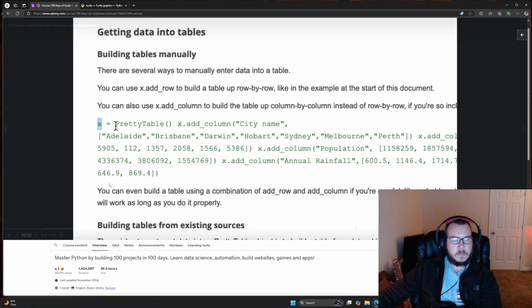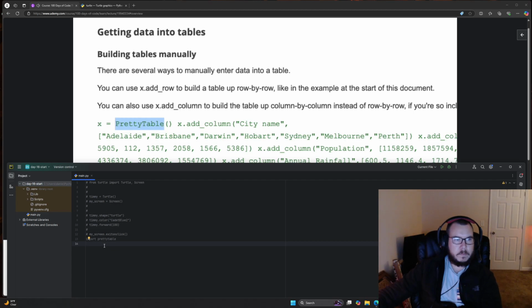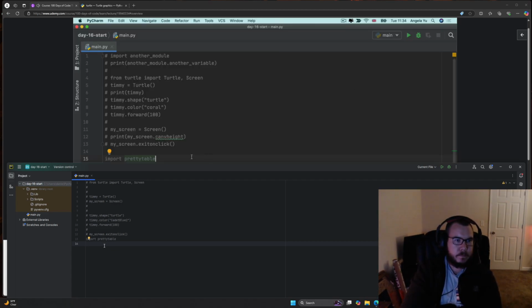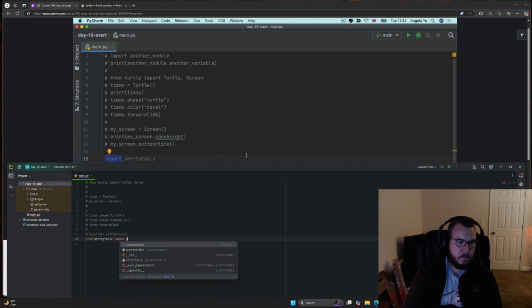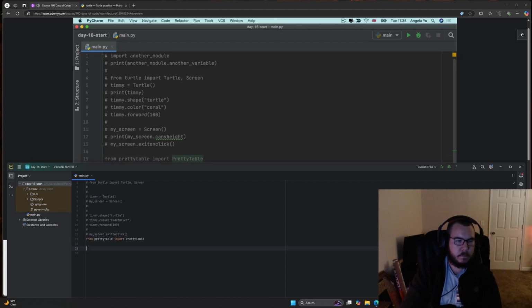Here you can see how to construct an actual Pretty Table object. So let's use what we've learned previously about constructing objects to go ahead and create this object from the class. Firstly, we're going to do the same thing as we did previously with Turtle. We're going to tap into the package Pretty Table, and then import the Pretty Table class, noted by the C here. Now that we have access to this class inside our code,